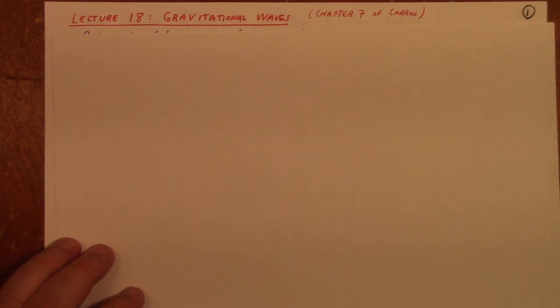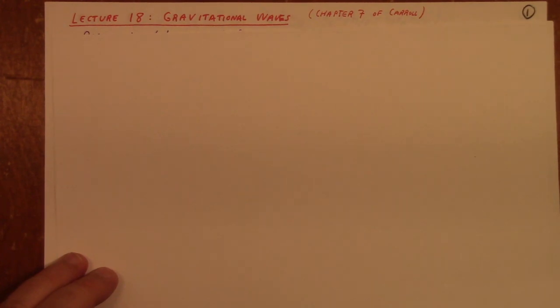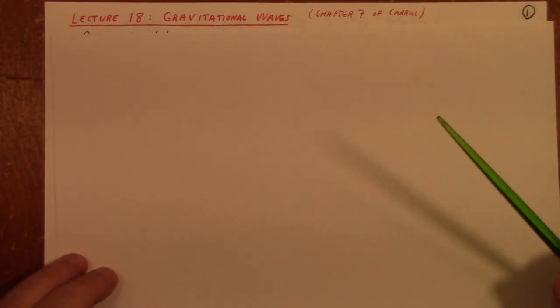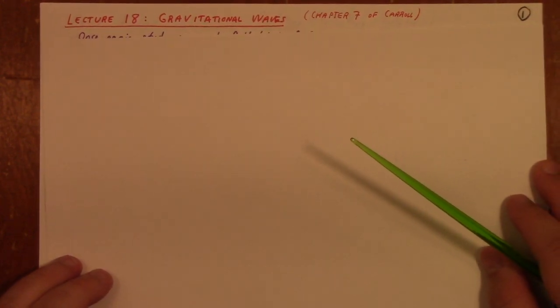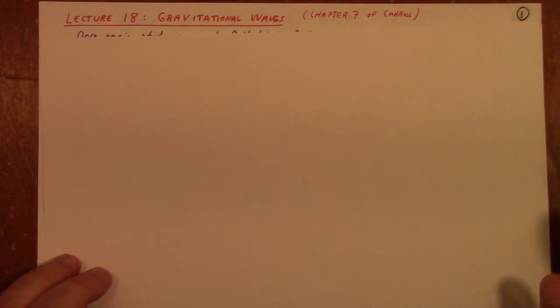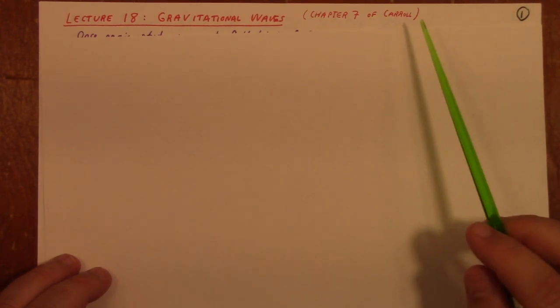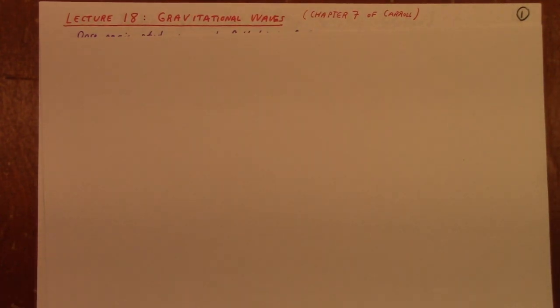Well, welcome back. This is General Relativity, Lecture 18. And in here I will endeavor to tell you something about gravitational waves. So what we're doing here is hitting some of the high points in Chapter 7 of Carroll's excellent text